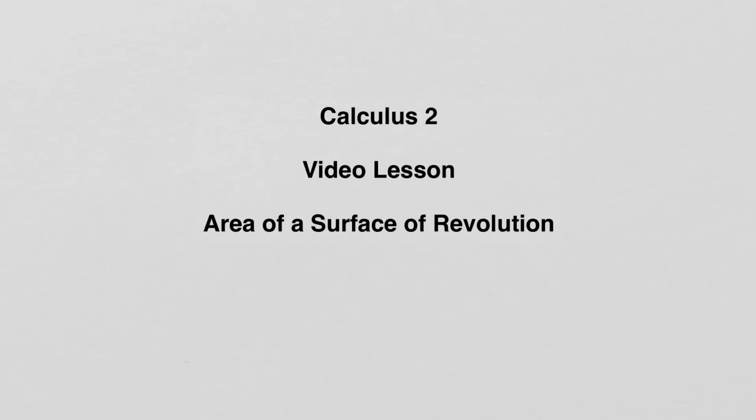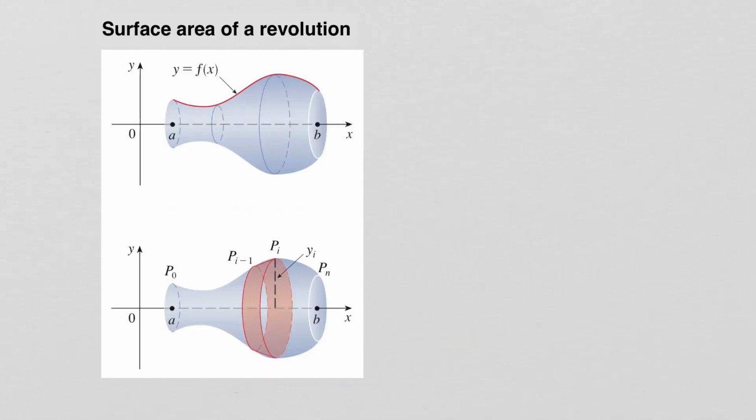Area of a surface of revolution. When a function y equals f of x is revolved around the x-axis, we get a three-dimensional shape. And for this three-dimensional shape, we can find the volume by using the method of disks and washers or the method of cylindrical shells. But this three-dimensional shape also has a surface area, particularly a lateral surface area, and that